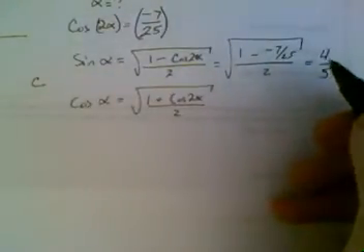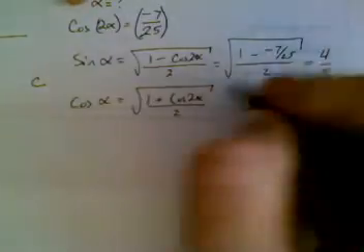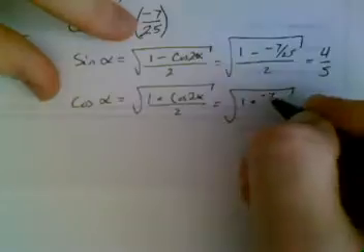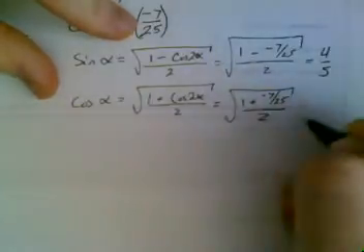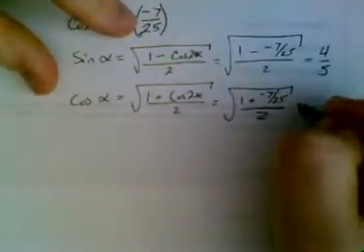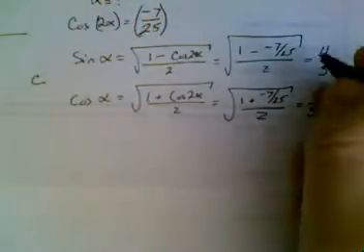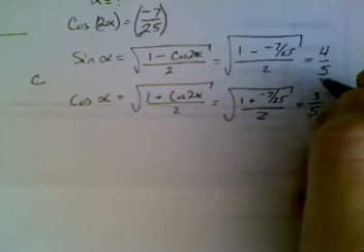If you don't do the simplification correctly, this isn't going to work out. Likewise, I'm going to do the same thing here. This is 1 plus a negative 7 over 25, divided by 2. Simplifying this one, I get 3 over 5. Wait a second. If this is 3 over 5 and 4 over 5, isn't the triangle that I'm working with